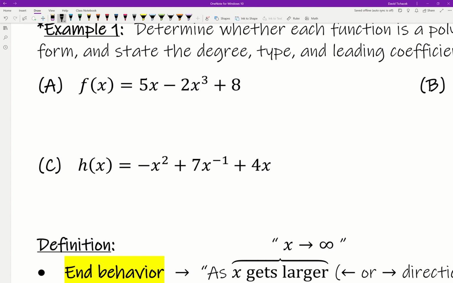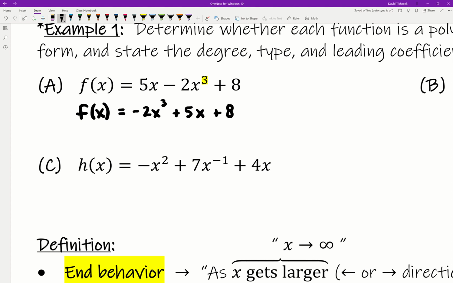We do need to rewrite this in standard form. So that means that the largest exponent that we see, which if I'm looking at this, I'm thinking that is going to be this exponent of 3, that will need to come first whenever we write out the function formulas here. So I'm going to rewrite this as f of x is equal to, that term is going to be negative 2x to the third because sitting in front of that 2 is a minus sign, and then we'll follow up with a positive 5x, or in other words plus 5x,